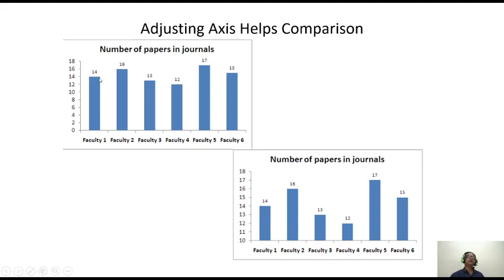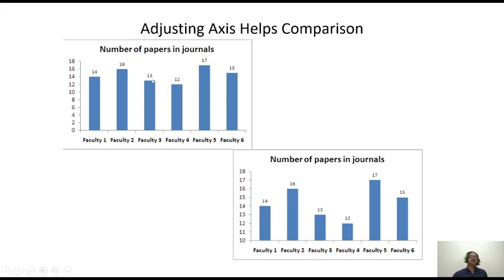So faculty number 1 has published 14 research papers. Faculty 2 has published 16 research papers. Faculty 3, 13, faculty 4, 12, faculty 5, 17, and faculty 6, 15. So this is the way in which they have published the research papers. Now, here you see,